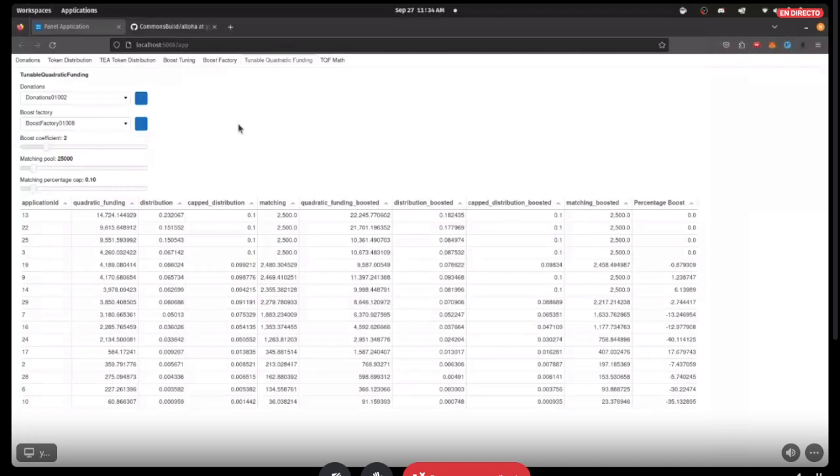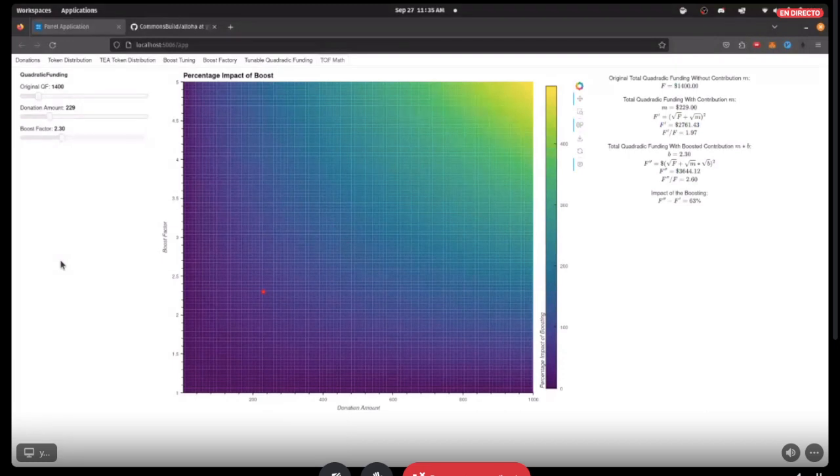Now, this was going to be the end of the presentation, but in the last minute, I brought back something I was looking at the very beginning, a couple months ago when I first got on this project, of like, what does it mean to have a boost coefficient on your donation? If I donated $10 to a project and I got a 2x SME boost, what's the impact? And so here we have a little math calculator where the parameters are the original total QF that a project is getting. And what this means here is